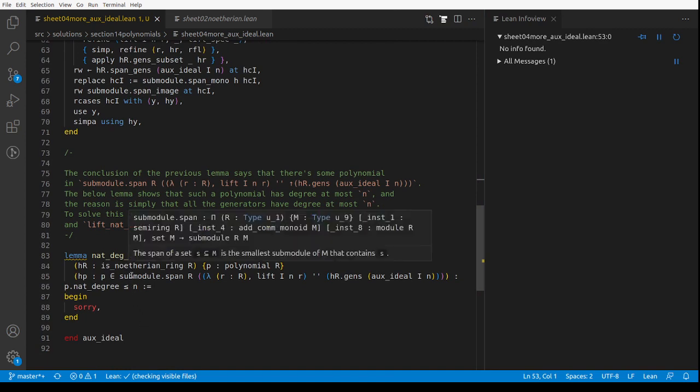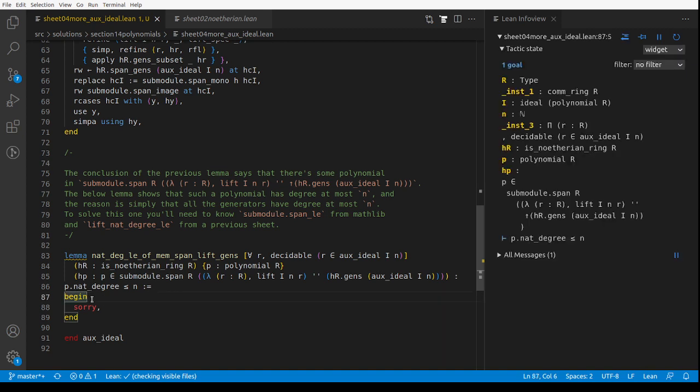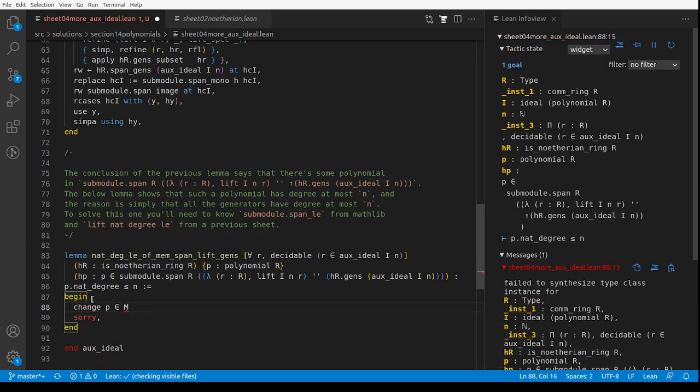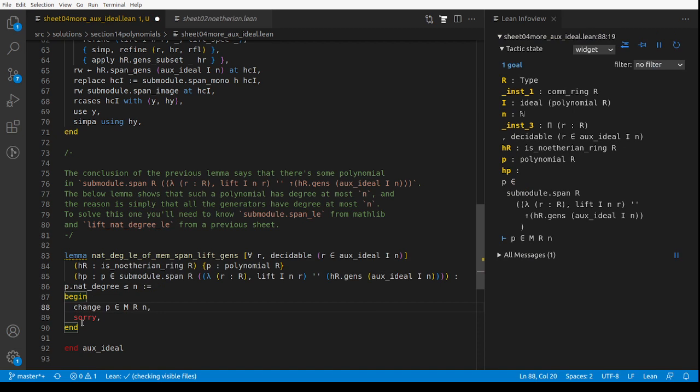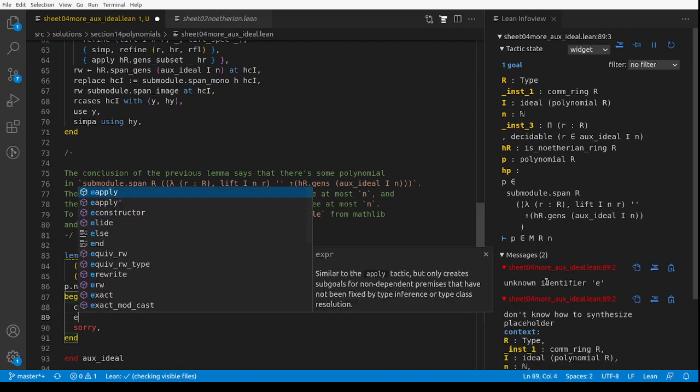This says P is in the span of a whole bunch of lifts, a span of lifts of generators, and so Y is the degree at most n, and that's because so we can change P is in MRN, right? Yeah, to be degree at most n is this. And now I claim that, so you see this, it suffices to prove that the span of this mess here is a subset of this. So I could revert HP there,